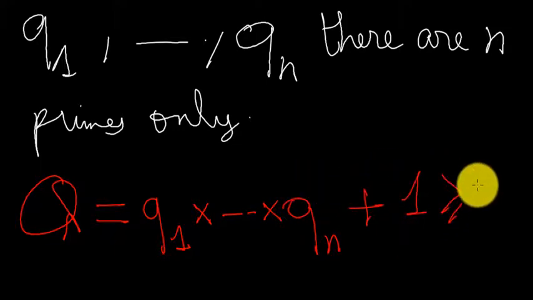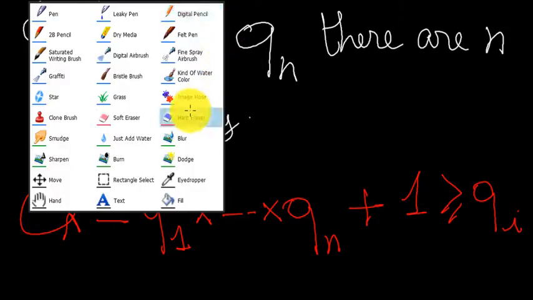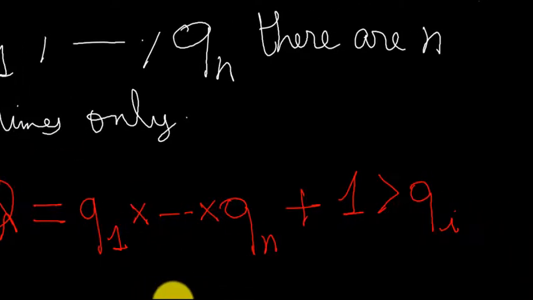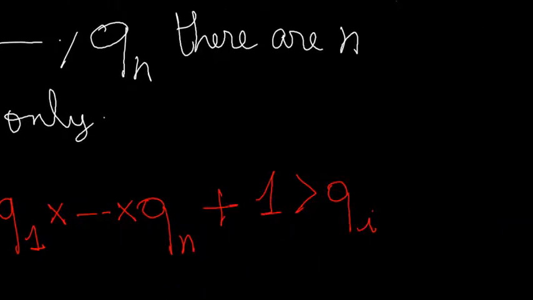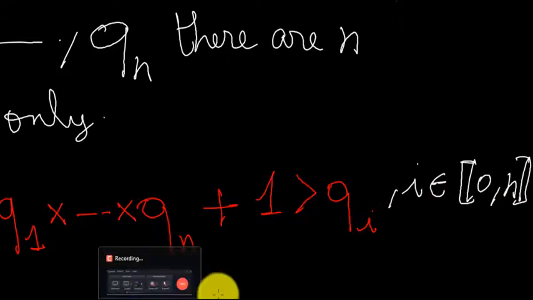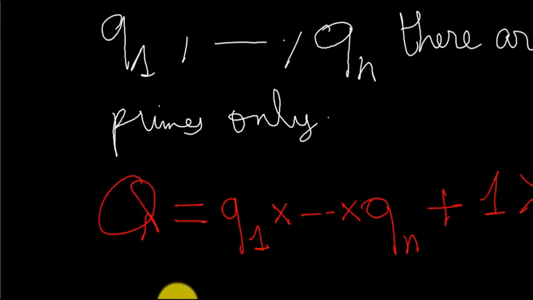Well, this Q is strictly bigger than all the Qi's, which are the prime numbers which are already assumed, with i from 1 to n. So capital Q is bigger than all of them,